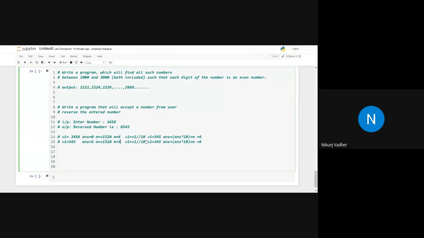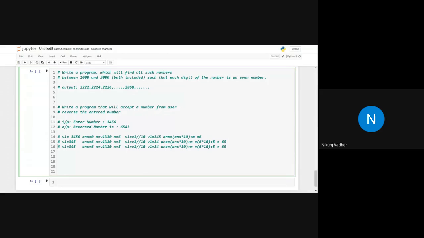V1 equals V1 divided by 10, so 345 divided by 10, we get 34. Answer equals answer into 10 plus M, so 6 into 10 plus 5. It will be 65.